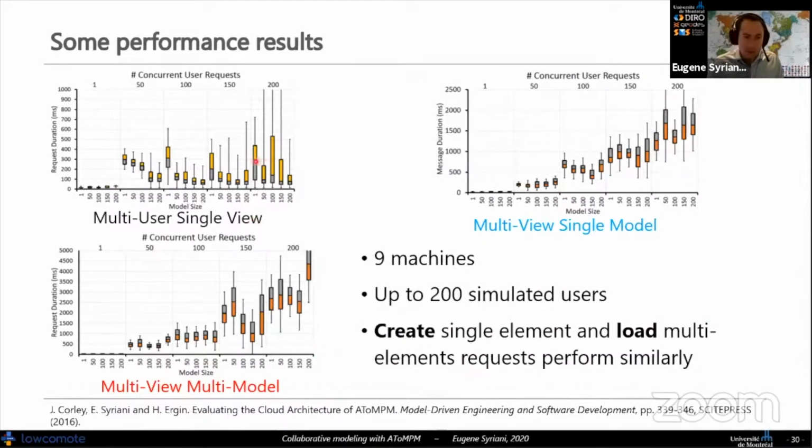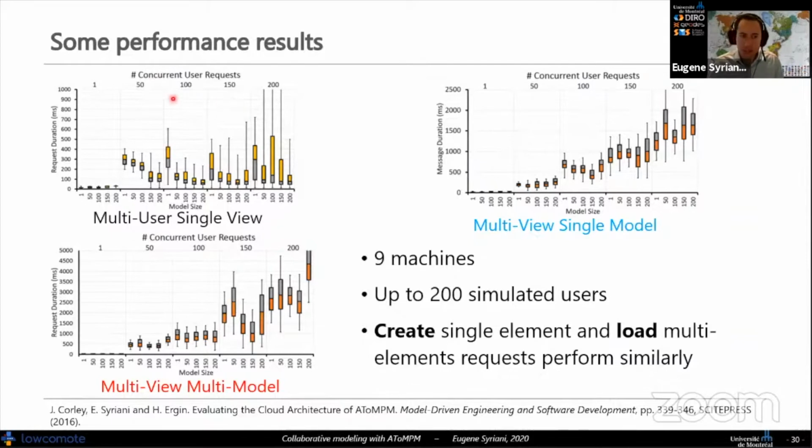So we've run some lab experiments inside a controlled environment, where we tested different dimensions, adding different users, increasing the number of views, increasing the size of the model, etc. And what we have seen is that the size of the model doesn't really influence the performance.